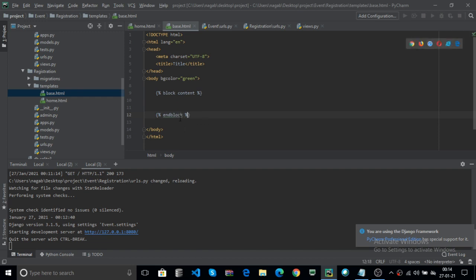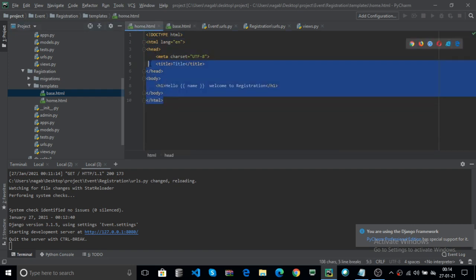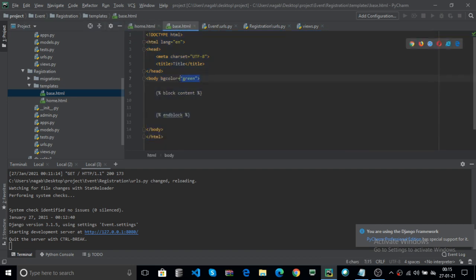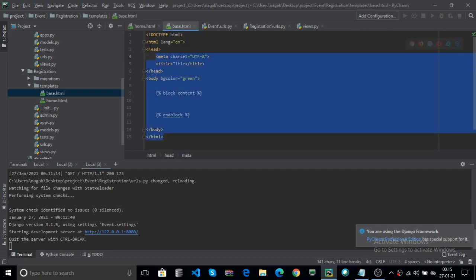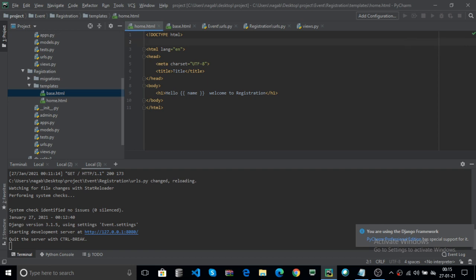Now Control S. Now this is the one HTML file. The home is the one HTML file. Here the background color only applies to base.html. Now how do we include base.html in home.html? Here you can use, anywhere before the HTML, percentage, like this is the DTL language.